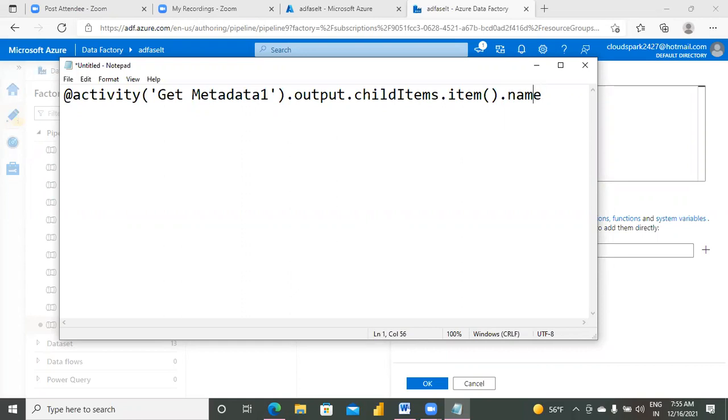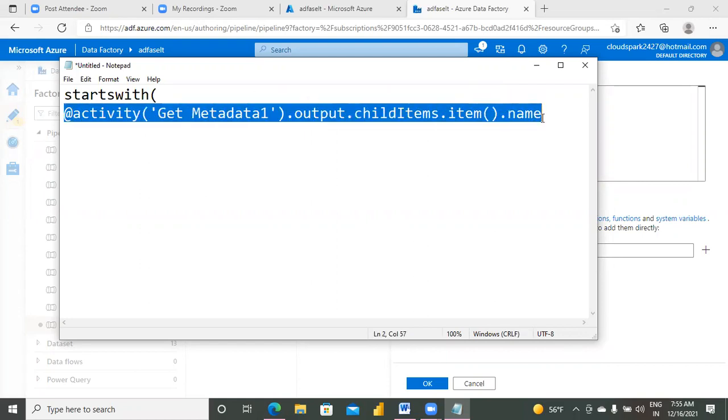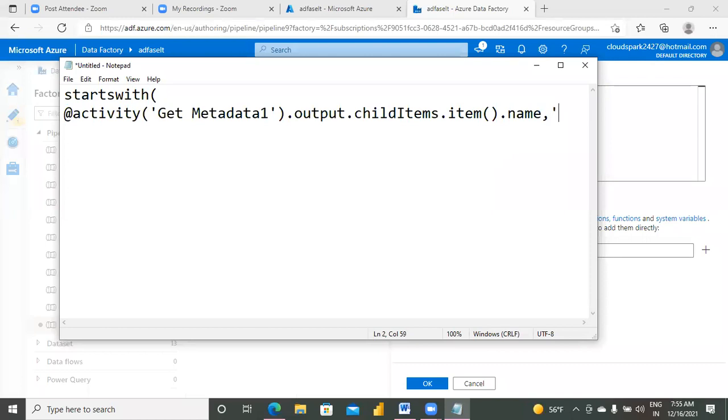I want to make sure whether it is starting with the letter A or not. That's why I use the startsWith function, with this entire value, whether this name starts with the letter A or not.